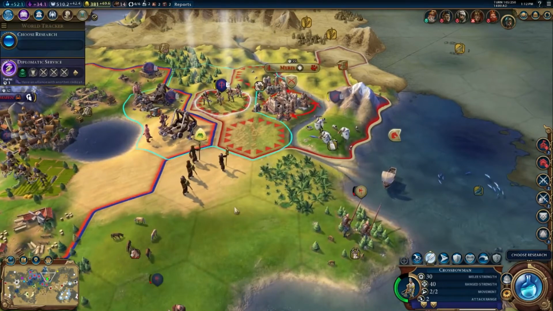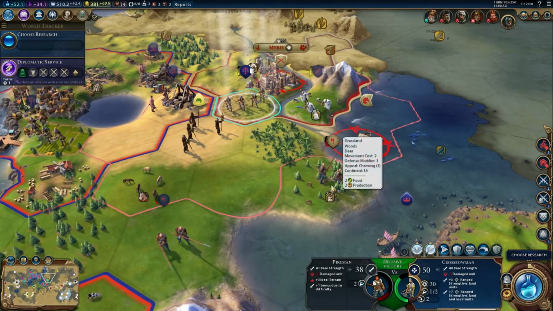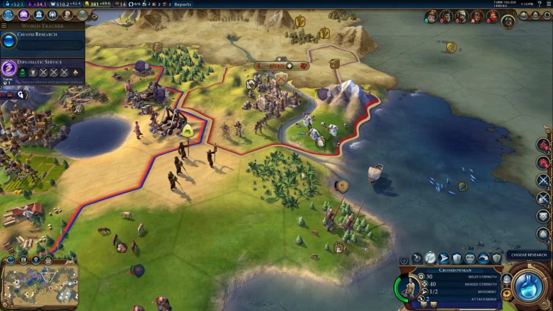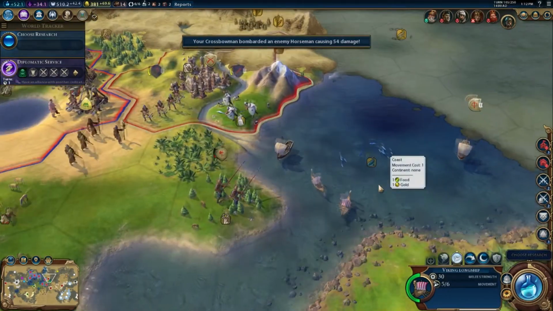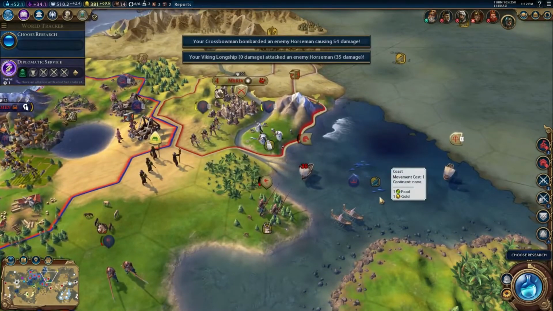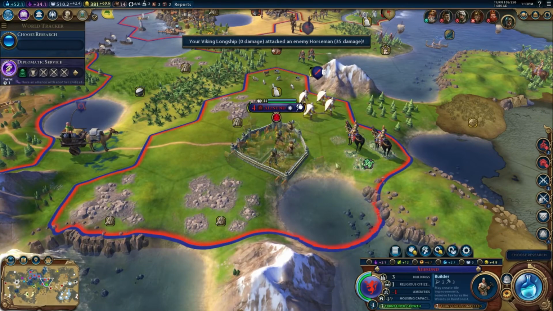I don't know if 2 bombards will be enough or not. We'll move our crossbowman over here so he can... He can't shoot these guys? Well, he can shoot them. And now our Viking longship can't kill it. So close. Anyway, I'd say we're doing okay on all this. If we bombard these guys...